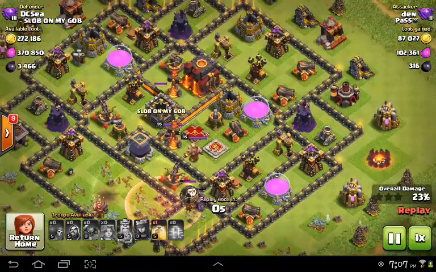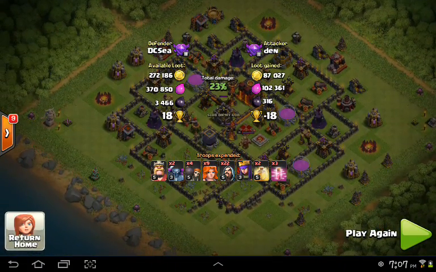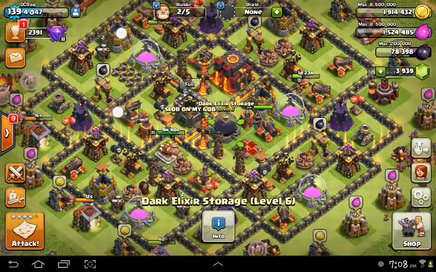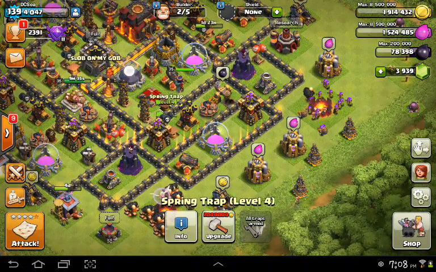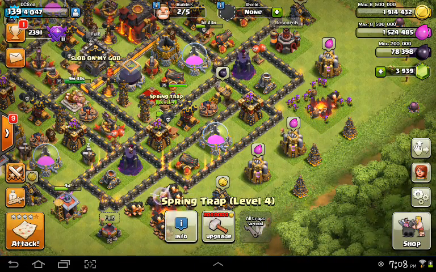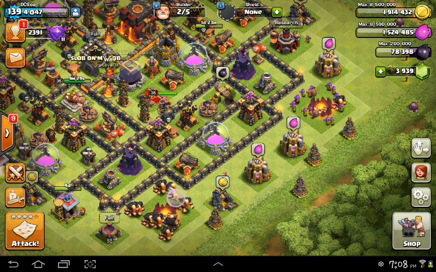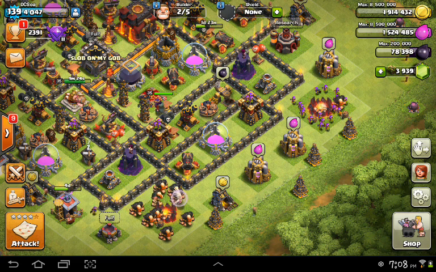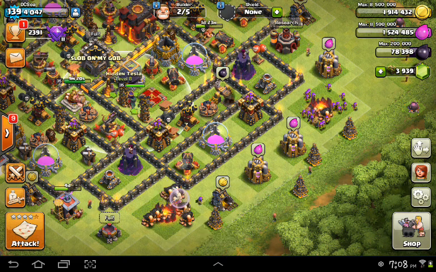So, complete fail. Looked like he tried to rush my Dark Elixir, and since then I decided to basically move my Dark Elixir over here. Reason for that is it's a lot harder. If you notice that there's 9 spaces in between. So let's say the person drops it right here. They're not going to be able to get this wall and this wall and this wall with the earthquake. So they're going to have to drop it more like over here, and then it only opens a very small